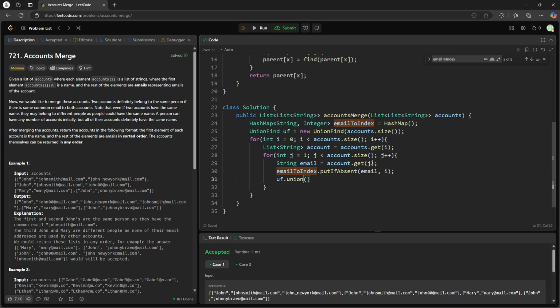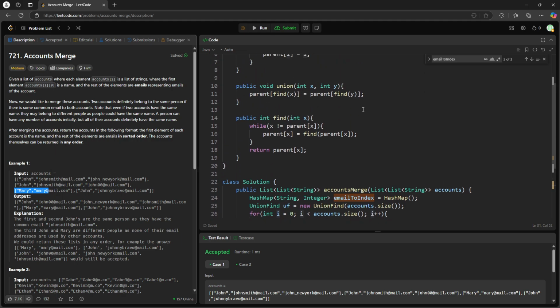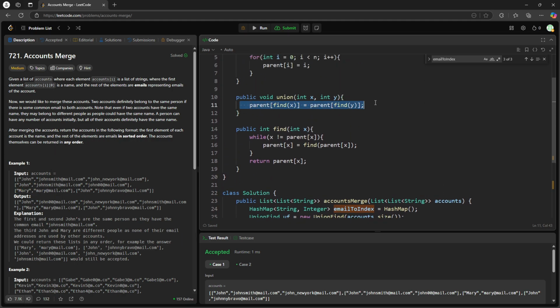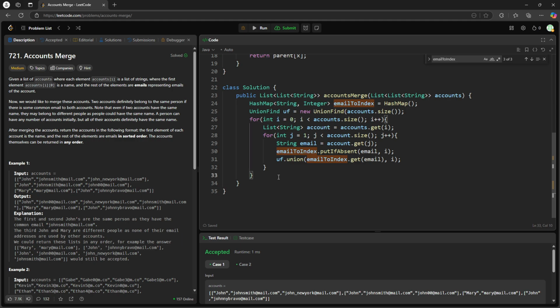So it's going to be email.get with i. So it has to be i. j is the pointer you traverse the email. The i is the key. You want to check if the current index can join together. So it's trying to assign. And then once this is finished,